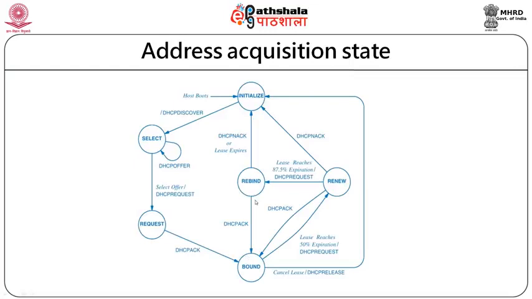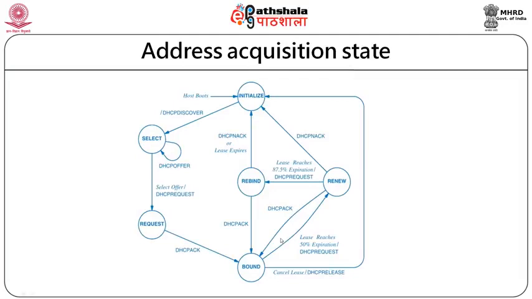So again it will go from rebind to the rebound, and if it is giving a DHCP NAK message, that means it is not acknowledged, which means the lease line has expired, and now it will again go to the initialize state. Once you are in the bound state, that means right now you are using the lease line. After completing 100% of the lease period, the client will be in the initialize state again, and in